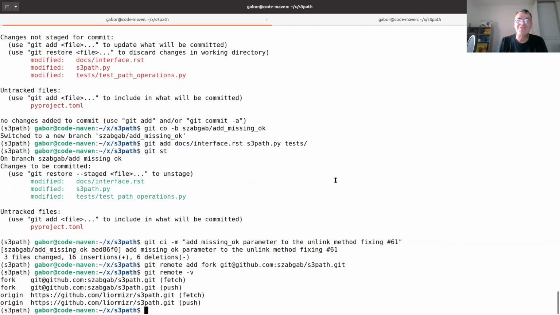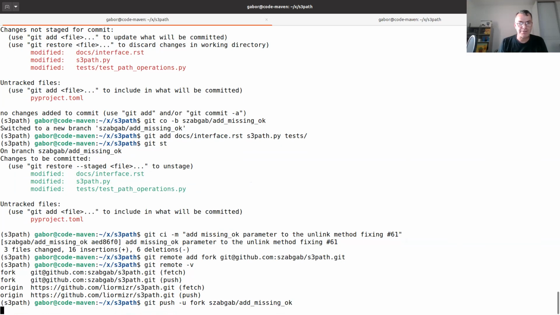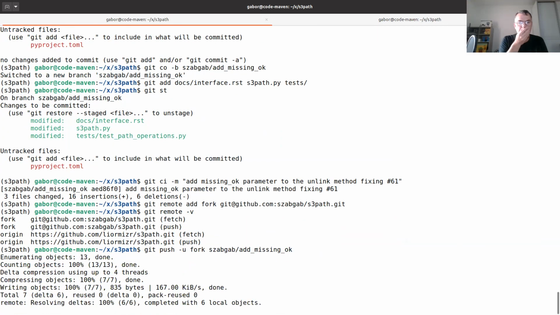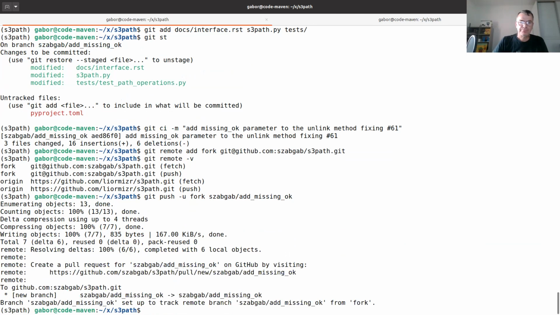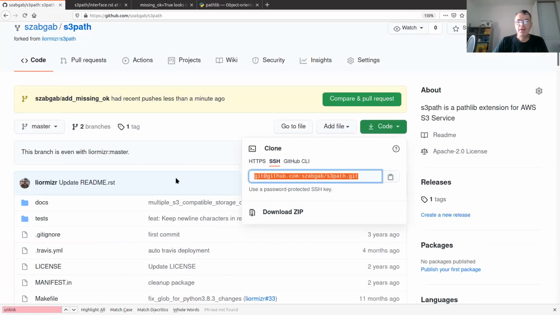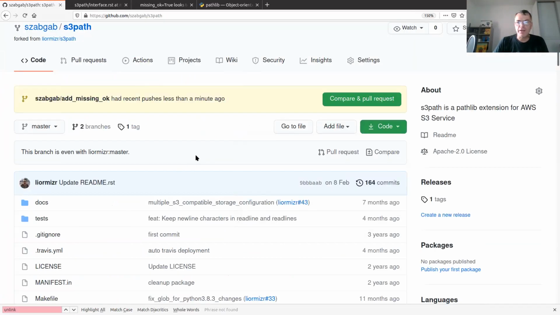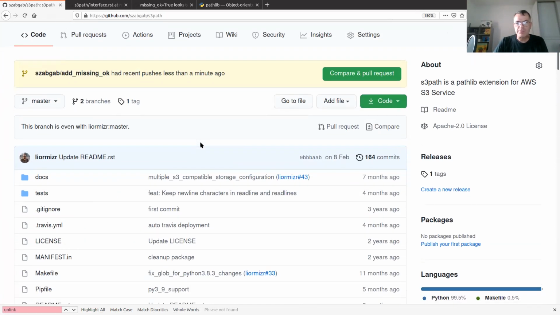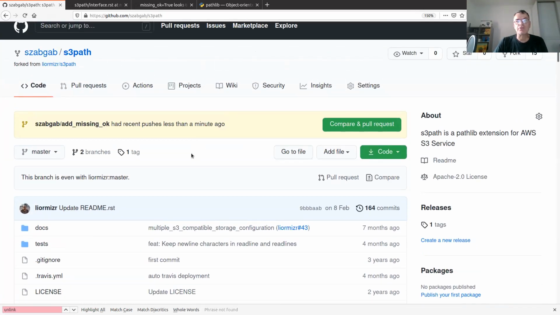I know it's not much, but oh, that's nice. Git push minus u fork and then this one, right? Mm-hmm. And shall I wait for anything for Travis to do something, or Travis takes a lot of time now? So Travis, yeah, takes a lot of time.